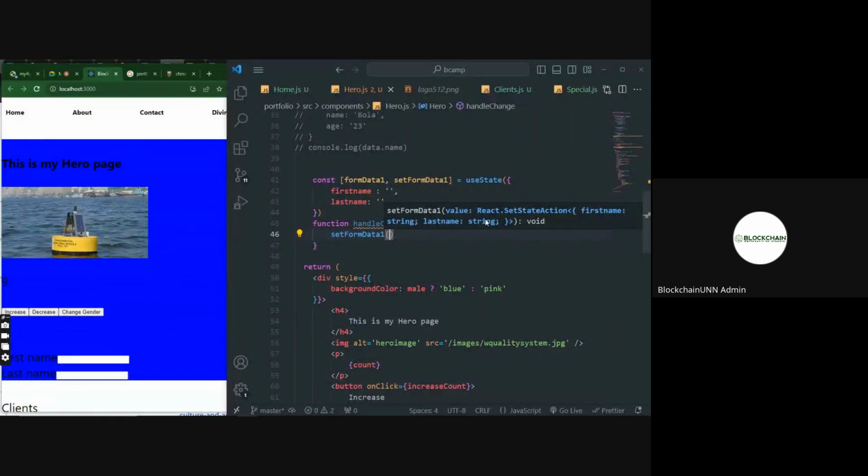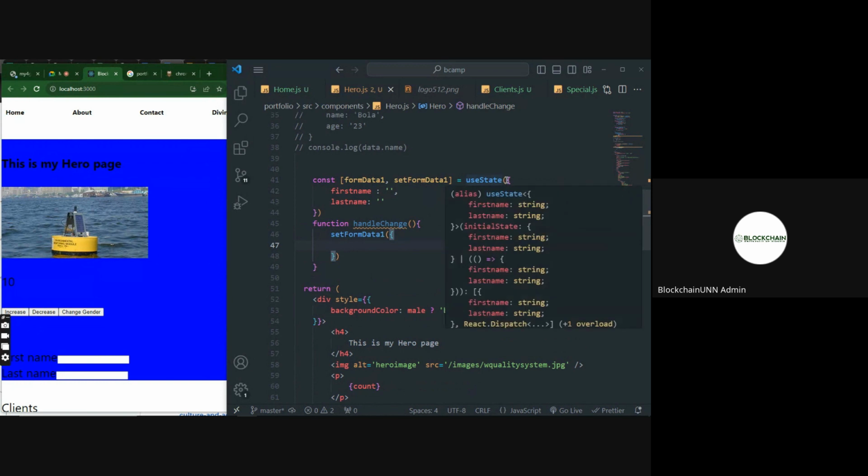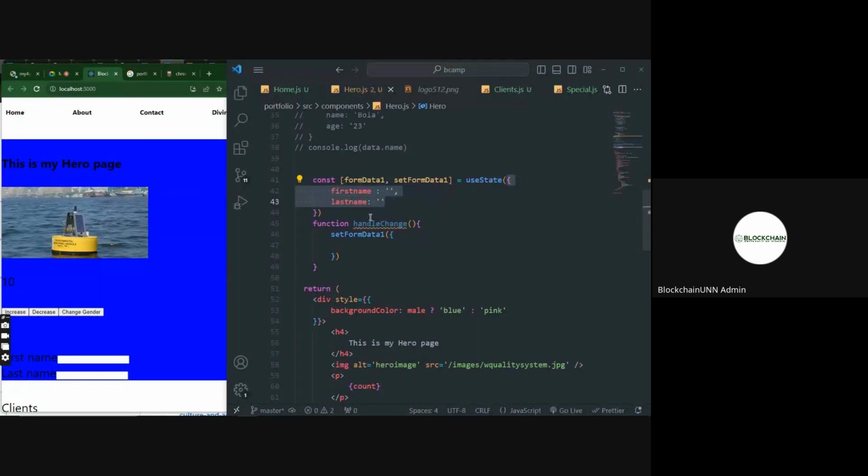How do I create a function whereby whenever this is changed, it updates the information? First of all, I open a curly brace because I'm trying to set a new value for form data, and form data was already an object. So the first thing I'll do is dot dot dot